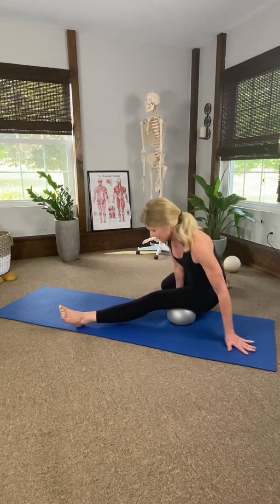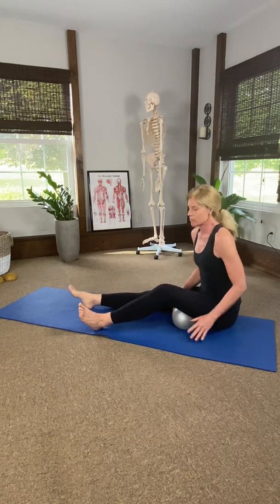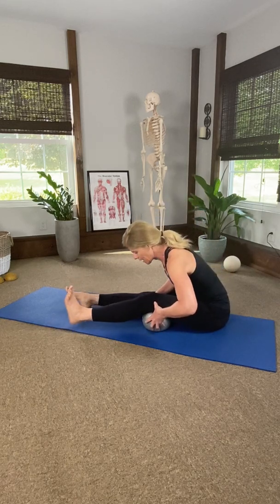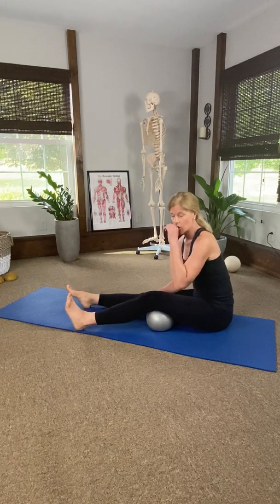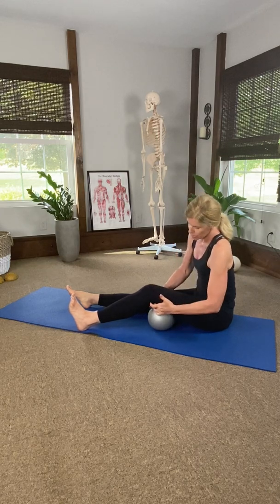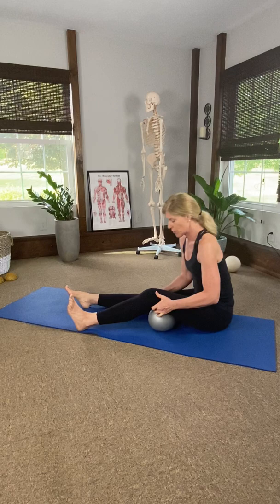Come on back up again. Center hamstring. Have a seat. Everybody have a seat. Release the right leg out and take your hand now and work the ball to the final third hamstring. And you're going to lean forward. Now remember, don't get behind your knee. You want to have a nice opening behind your knee because you want to get right in the connection. So the hamstring actually inserts right above the back of the knee. So get into that really